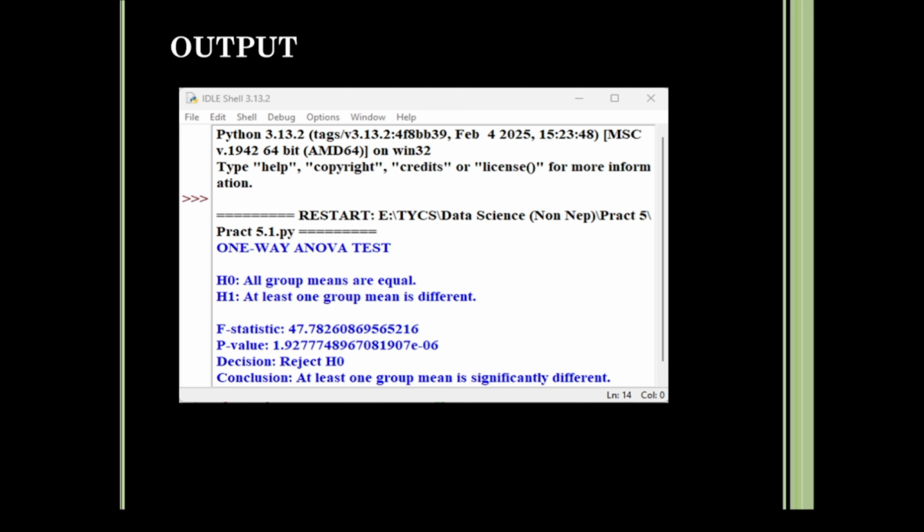Now, let me take you through a real life example. Suppose, let's imagine, I have group 1, which is the marks of class A, group 2, the marks of class B, and group 3, the marks of class C. Now, what ANOVA does is check whether all classes perform the same or one class performs differently. So here the result shows that one class has significantly different performance. So that is what ANOVA is trying to tell you.